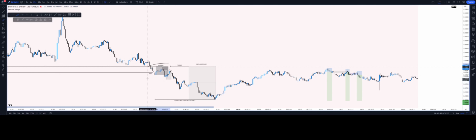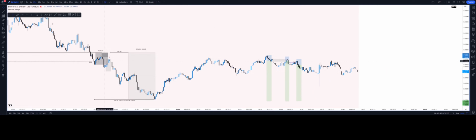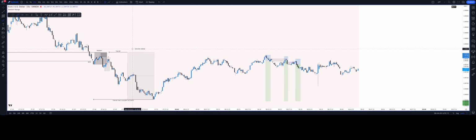This was the last time this happened between here and here. And so now we're caught within what I'm calling a dealing range, right? Which is literally just a range where they can transact price. Maybe this is being offered to multiple clients. Maybe this is just all algorithmic. Whatever the case may be, what I'm seeing is that in these dealing ranges, most likely the range that I